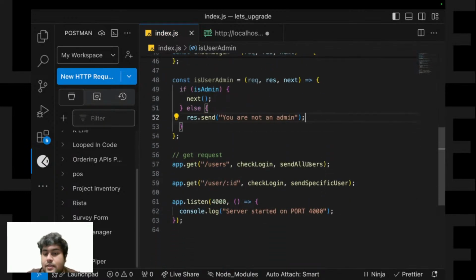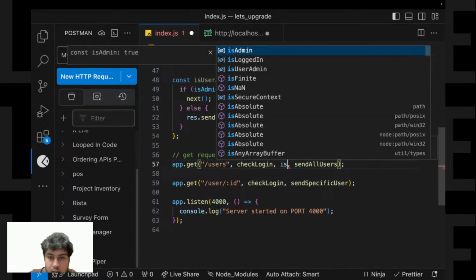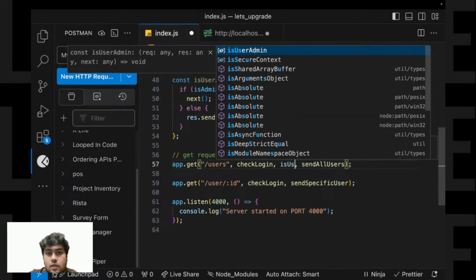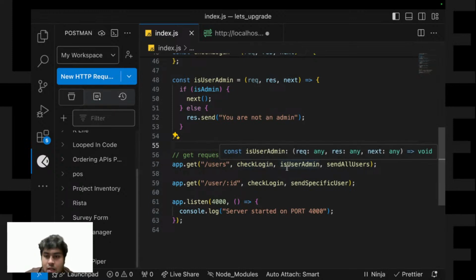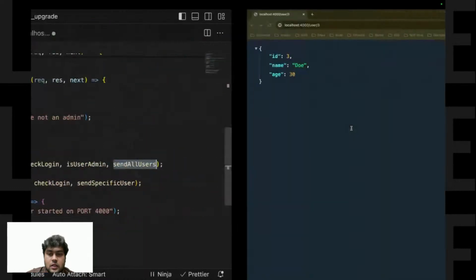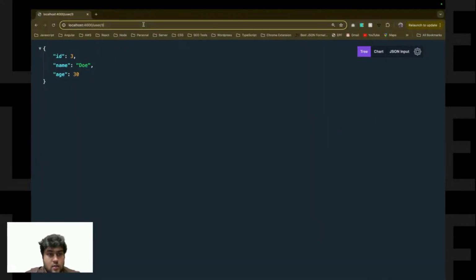Since this is only valid for this route, I'll just add it over here, is user admin. So I created two middlewares over here. First it will check if the user is logged in, then it will check is user admin, then it will send all the users. Okay, let's try it out. It's only valid for this users route.